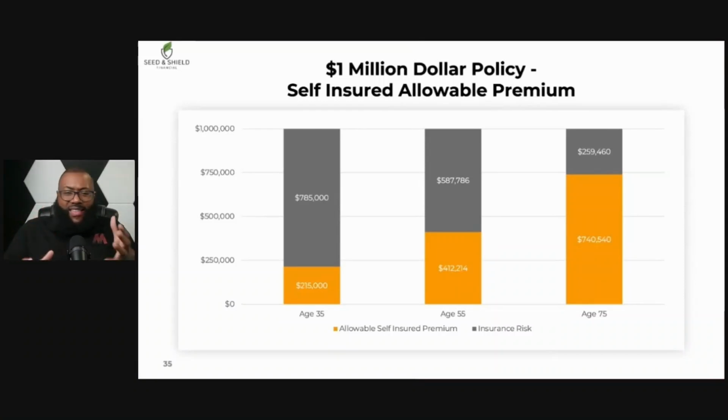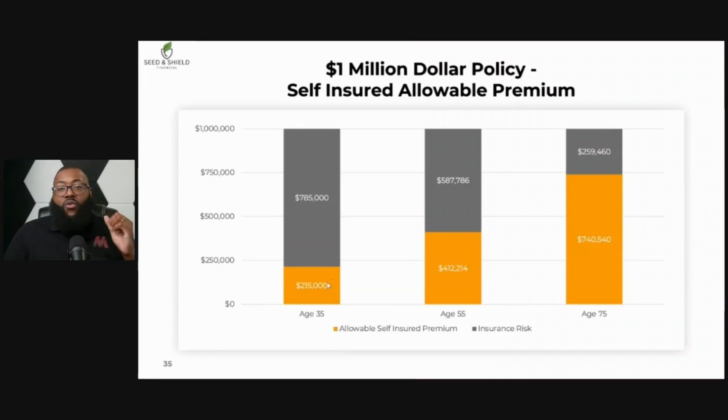Now, those tax laws pretty much have to add up. It's not an easy way to describe it, but it essentially says that, based on your age, your gender, and your health, for whatever that bucket size is, we need to make sure you have a certain amount of insurance that can accommodate your policy. So in this example, a $1 million policy can be afforded to someone who's 35, 55, and 75, right?